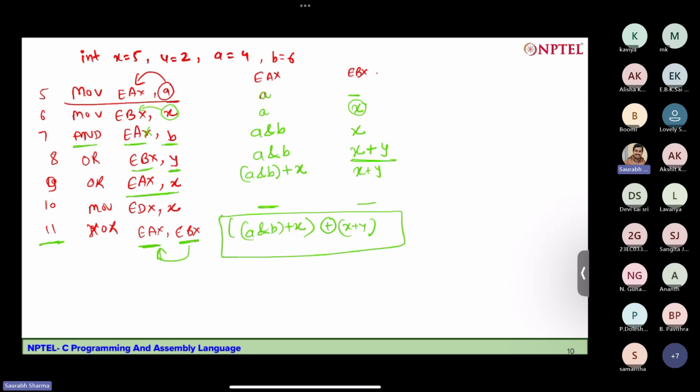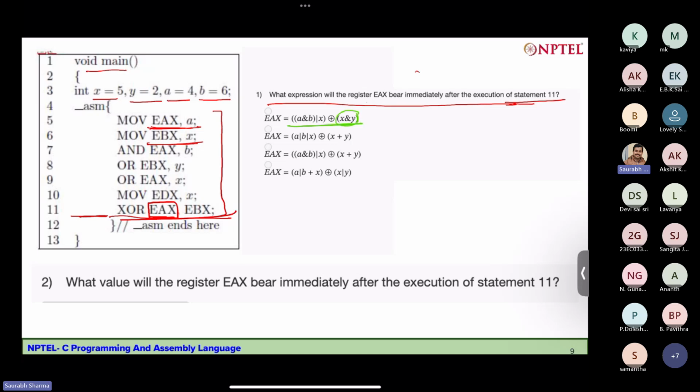Okay. So A and B plus X, A and B plus X. Okay. X plus Y. If we see this one, there is X and Y, so it is discarded. There we are having OR. This is also a representation of OR only. So yeah, it's a problem with the question itself. They should actually provide it. So in general,